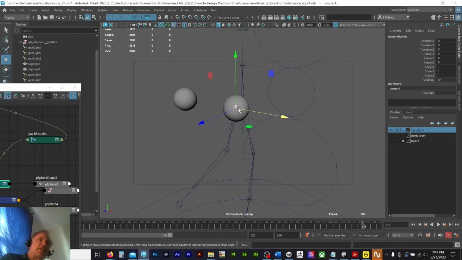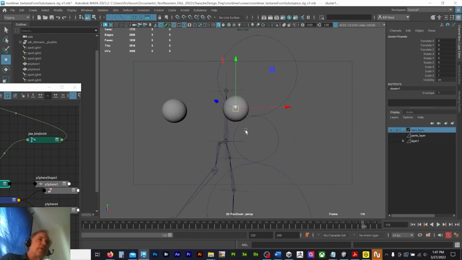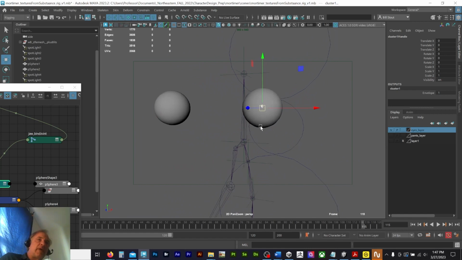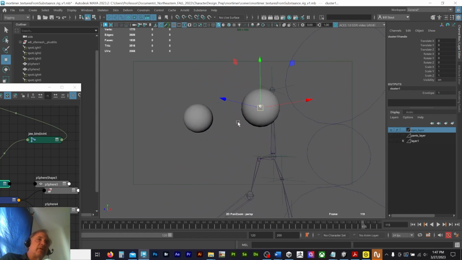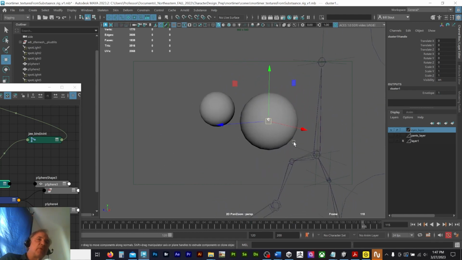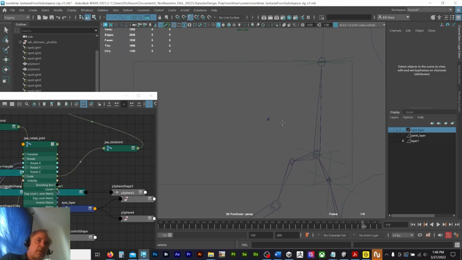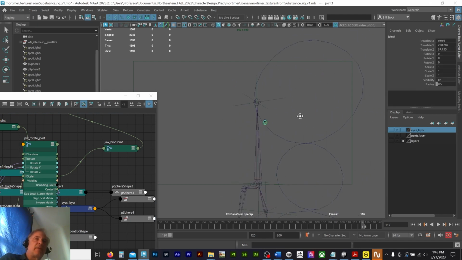Clusters were originally designed to control the movement of mesh, primarily at the vertex level. Original binds were called skin clusters. So right now I mainly use these just for creating a pivot point at the center of a sphere, or creating an object at the center of the sphere that I can snap a joint to. So I'll hide my eyes, and I'm going to make a joint, snap it to that,